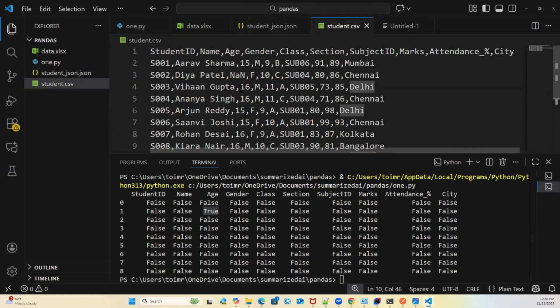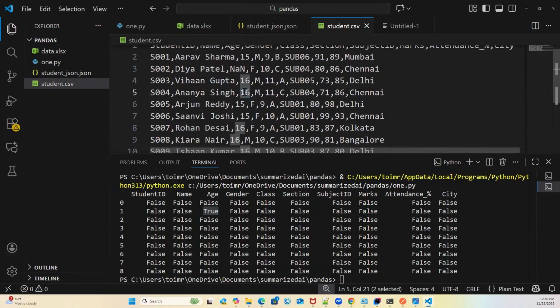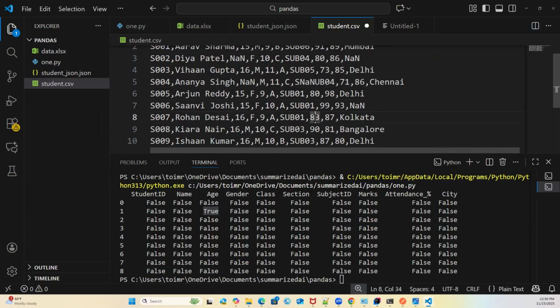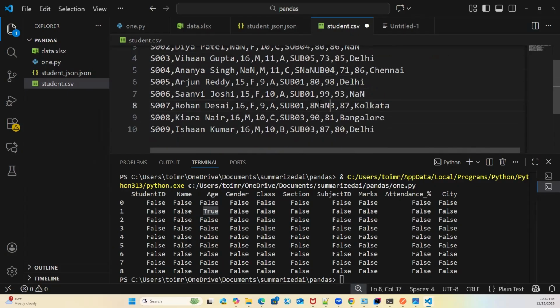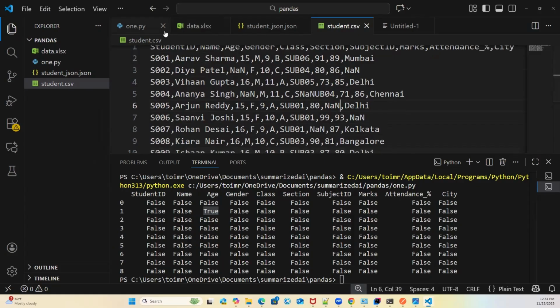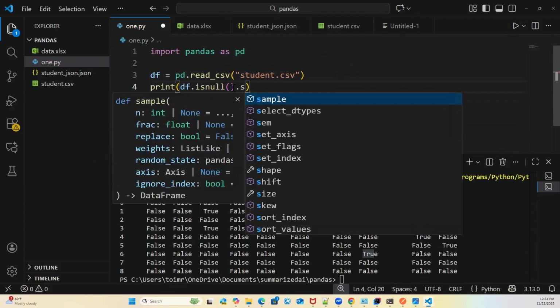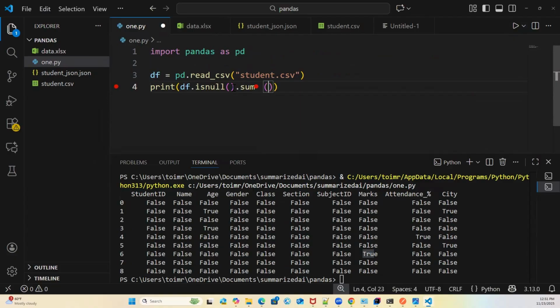Now, if I go back here and make some more NaN, let's copy this here, here, and here. For the marks also, let's do it. Great. Now, if I go again here and execute this piece of code, you would see multiple true here. Now, as soon as we add .isnull().sum() and execute this code,